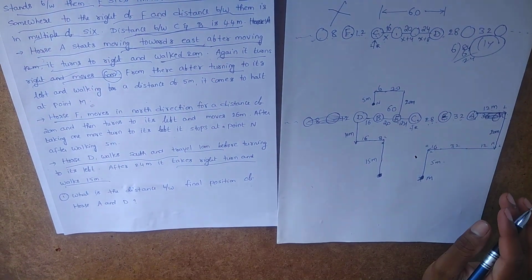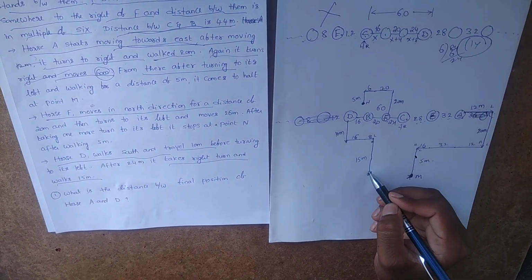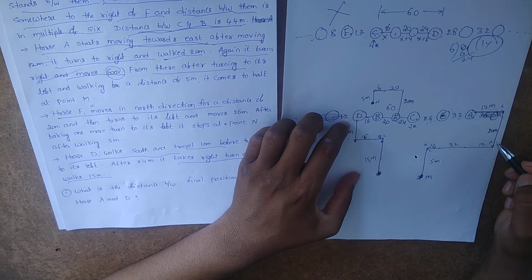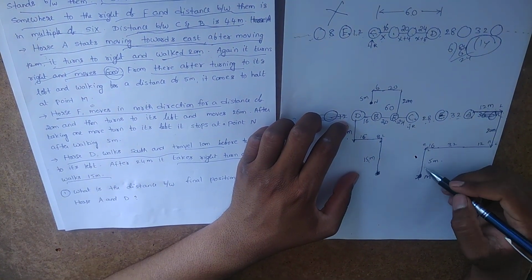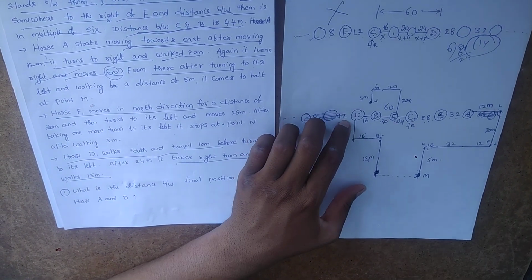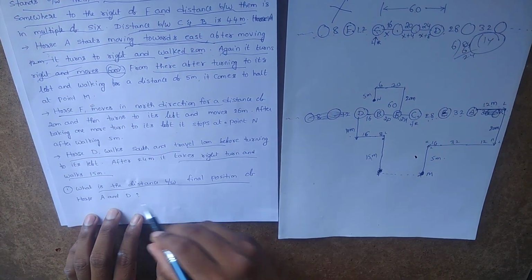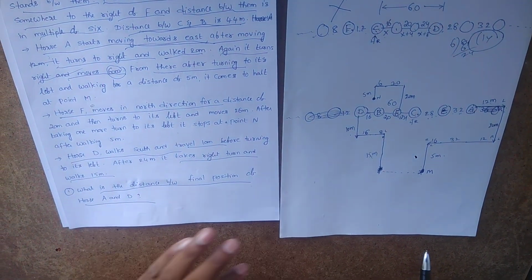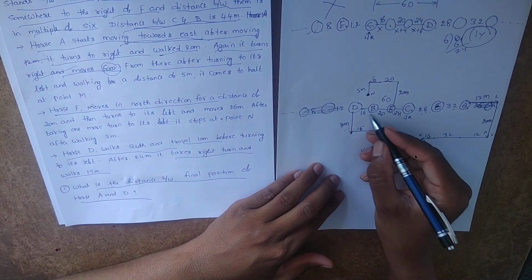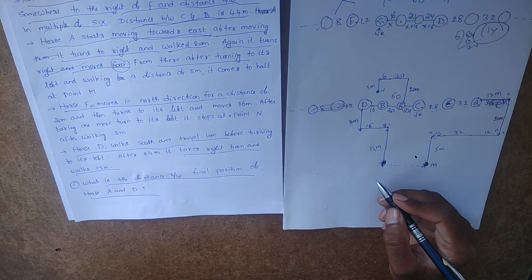For A. Now friends, see here to here, this one is for 10. Next here to here, this one is for 15. 10 plus 15, total is for 25. Here take here to here is for 20. Here this one is for 5, 25. That means these two are horizontally in one line. Yes. Now friends, see here the given question is what? What is the distance between the final positions of A and D? This is the final position for A and this is the final position for D. Yes. Now the distance between final positions of A and D.